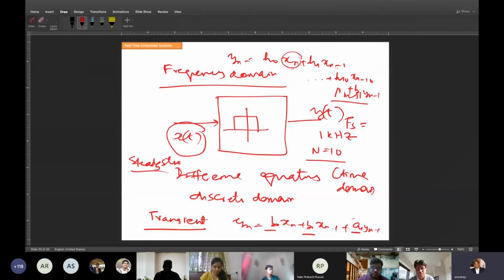In an IIR filter, if there is an input transient, the feedback will come again and again. It's like reverberation happening again and again. The output is getting fed back, so it will go on. Of course, it will not go on forever. It will die down eventually, but theoretically it will go on for a long time. So these are the behavioral and structural presentations.